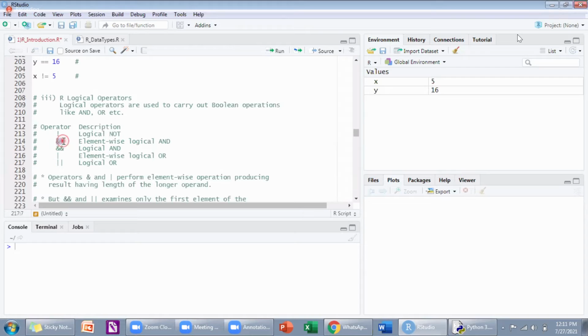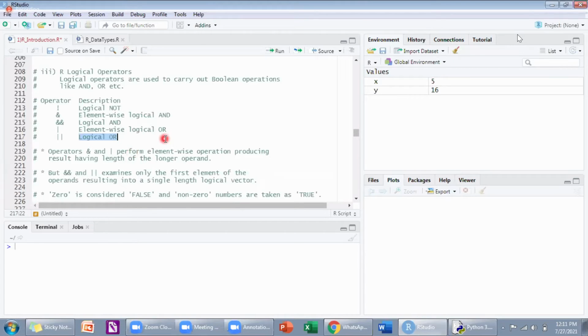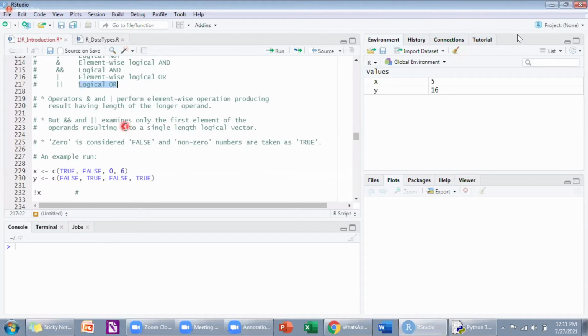Single AND will do logical AND element-wise. Single OR will do logical OR element-wise. But double AND will do logical AND only for the first element. Double OR will do logical OR only for the first element.